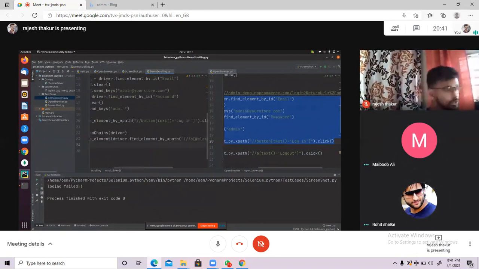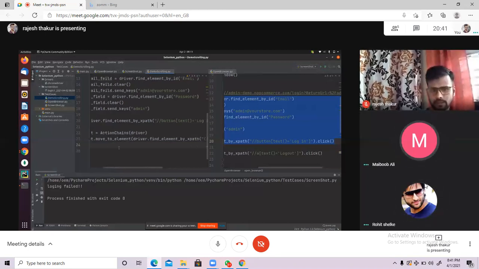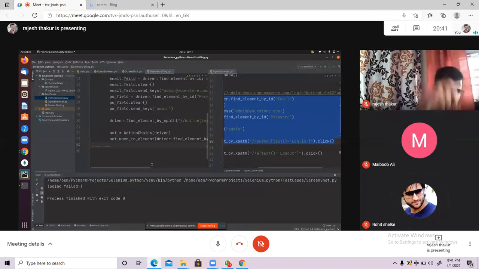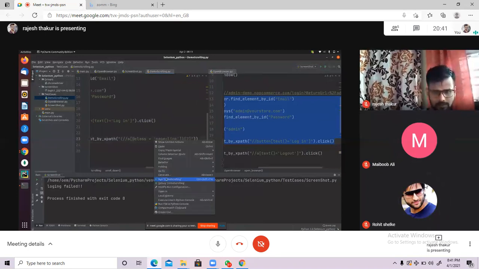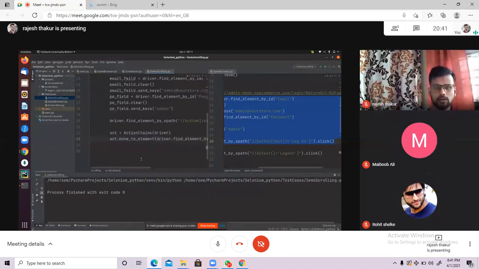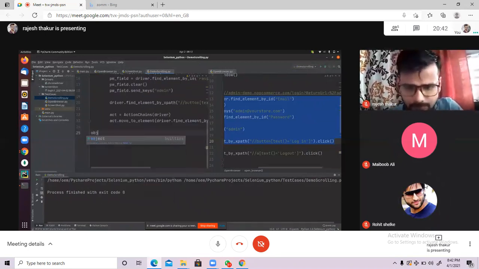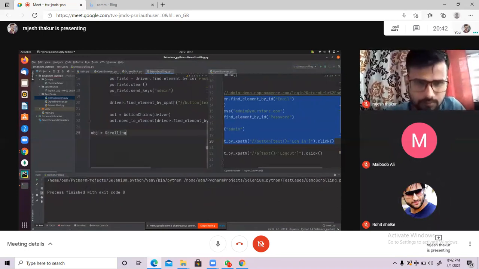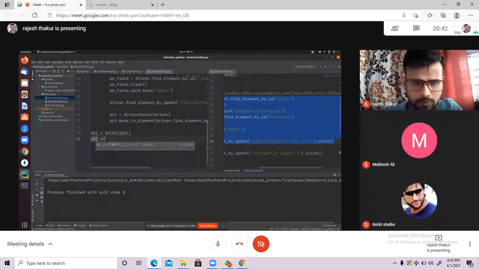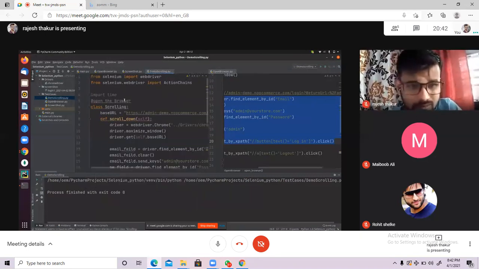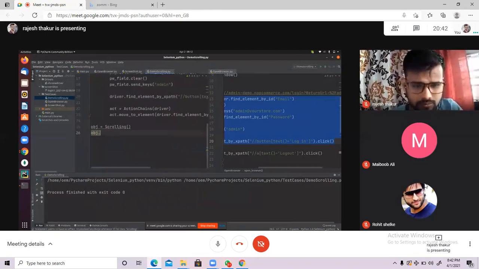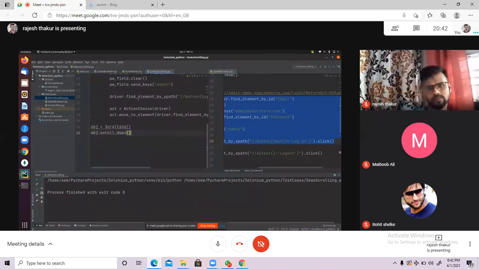Okay, I will show you that case also. Wait a minute. So move to element, this one, and I'm just trying to scroll it up, right? It will not work at all. So let me run this code. I have to call that, my bad. Scrolling obj is equal to scrolling, and here we have to pass obj dot demo scrolling. What is that method name? Method name is scroll down, and run this code.